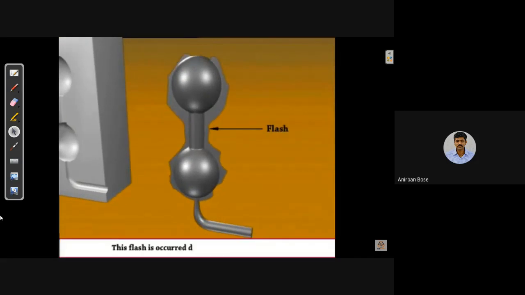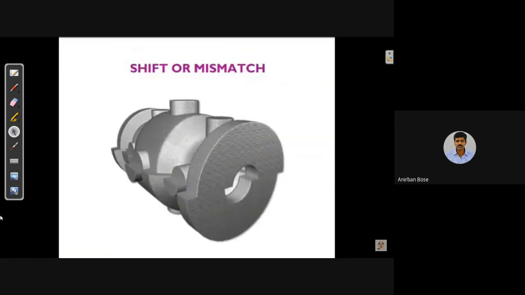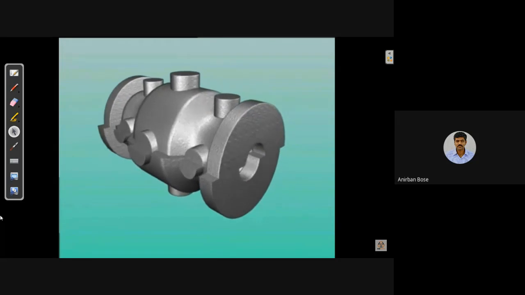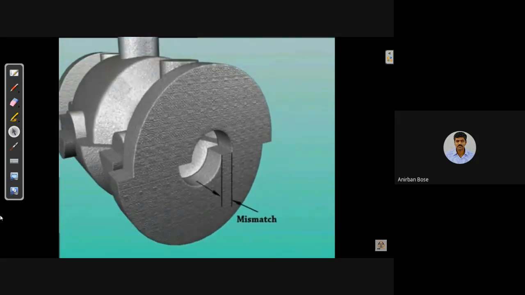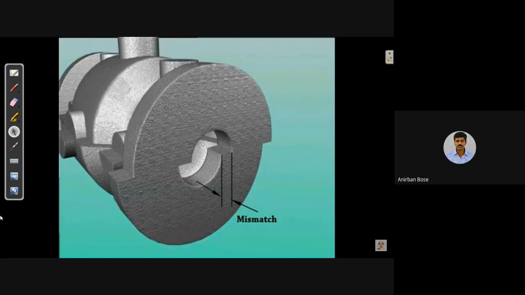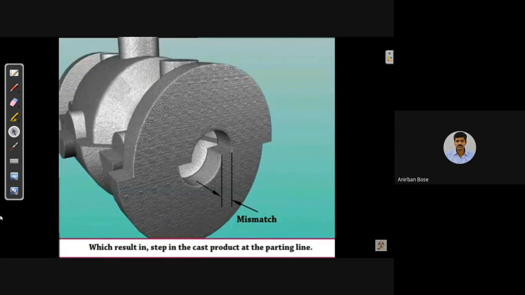This flash occurs due to a gap between two dies. Shift or mismatch. Let us see an example for mismatch. Mismatch is a defect caused by a sidewise displacement of the mold hoop relative to the drag, which results in a doubled cast product at the parting line.